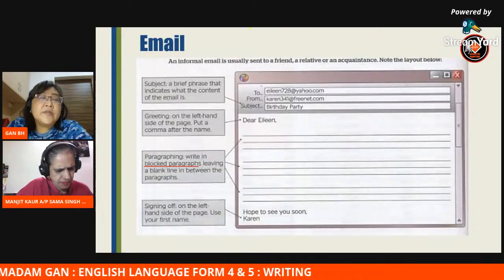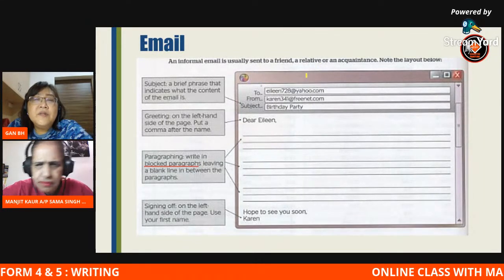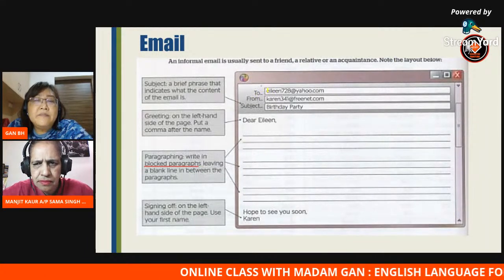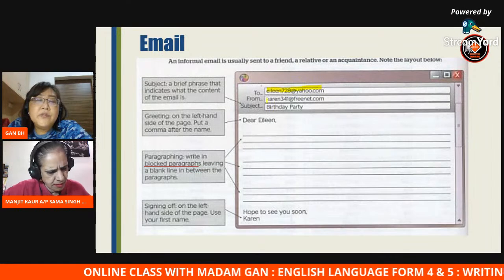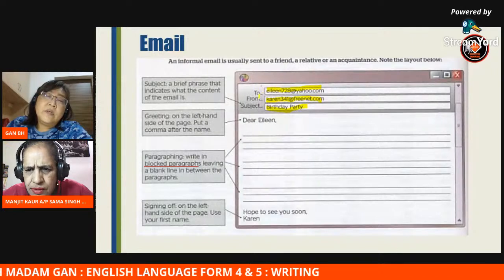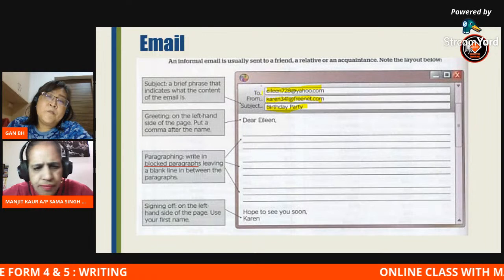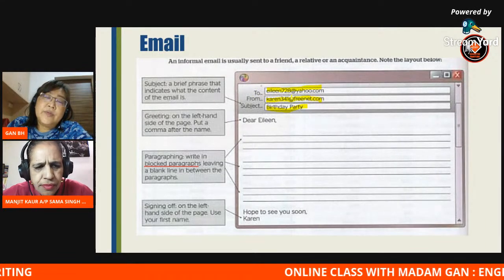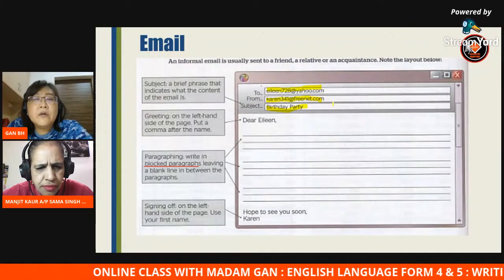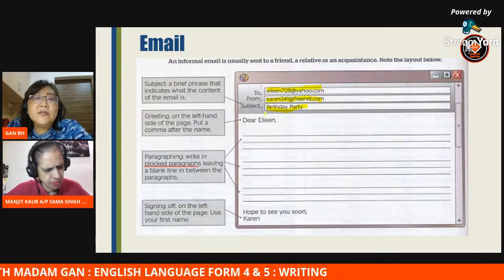Okay, so let's look at the format of an email. In the first part, you could be given this, just a small box here, and then the To will be empty, blank here, and the From also will be empty. Then the subject also could be empty. So your task, when you answer part 1, is to write, for example, here, you can write To: elaine728@yahoo.com, and then From: Karen341@freenet.com. And then the subject, birthday party. So if these are empty, you need to fill them in.